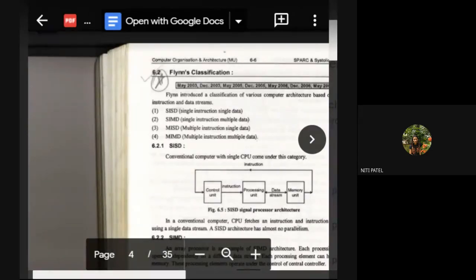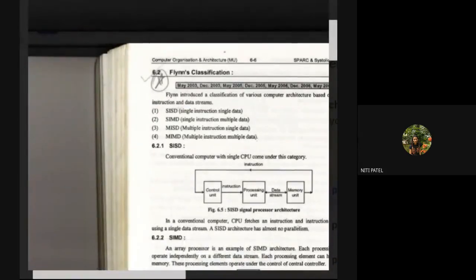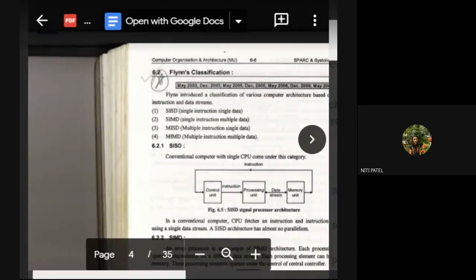So now in the sixth lesson, which is multiprocessor configuration, we'll be learning about the technique called Flynn's classification, pipelining, and bus arbitration. So before we start, let us first talk about what is multiprocessing. Does any one of you know what is multiprocessing or what is a multiprocessor? Any one of you can put your mic on and just give the answer.